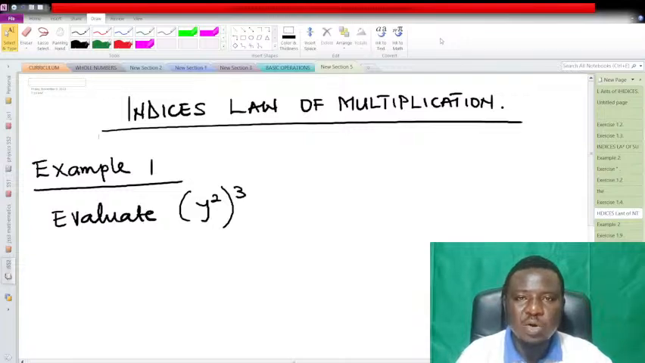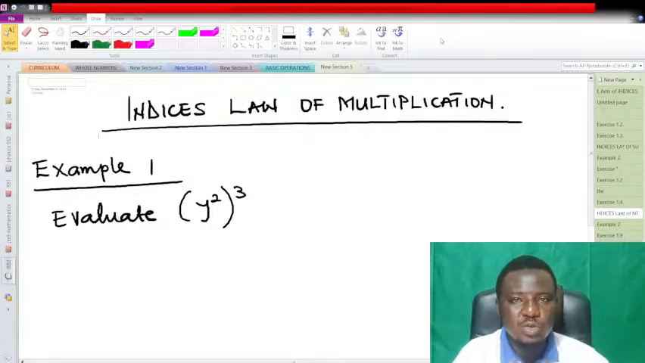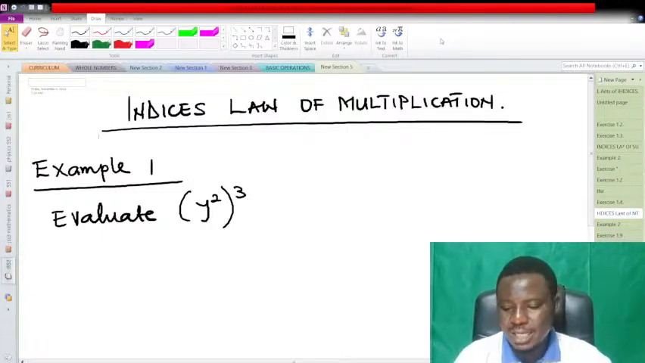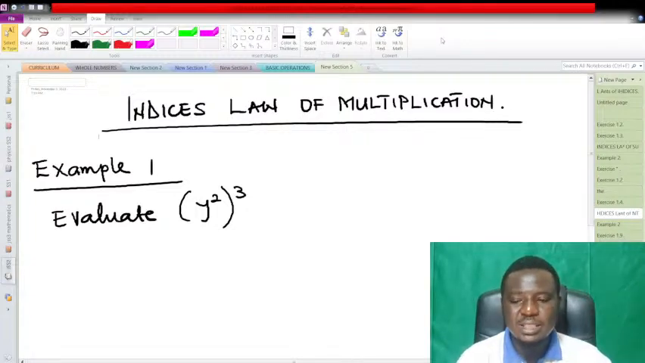We also looked at the second law of indices, which is the indices law of subtraction, where we said when you are dividing 2 indices of the same base, it is equivalent to subtracting their powers. And we equally solved so many exercises on that. In today's class, we shall take the third law, which is the indices law of multiplication. And I'm going to show you what the law says. The indices law of multiplication is